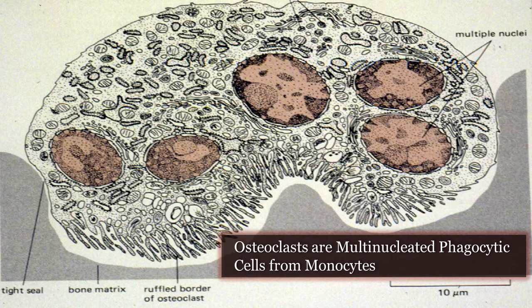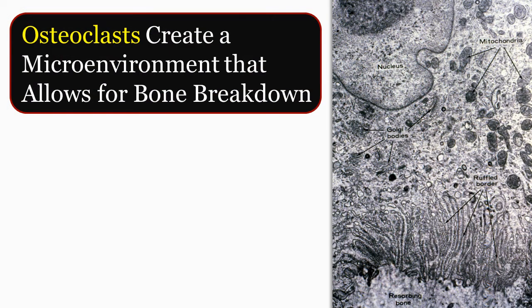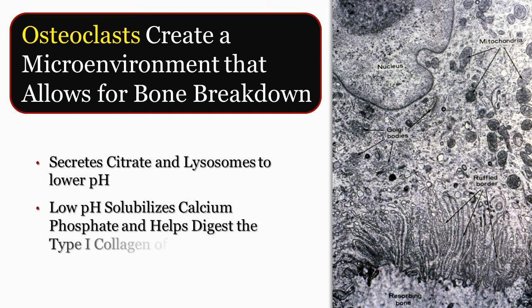Osteoclasts can eat bone because of their characteristics. They have a ruffled border and the products that they produce. The osteoclast creates a microenvironment which has a very low pH, and it has lysosomal enzymes there that break down calcium phosphate, which is the hard part of bone. The low pH and enzyme-containing microenvironment allows osteoclasts to break down the extracellular matrix of bone composed of type 1 collagen, calcium phosphate, and other proteinaceous components of osteoid. By doing so, it increases the calcium blood levels.